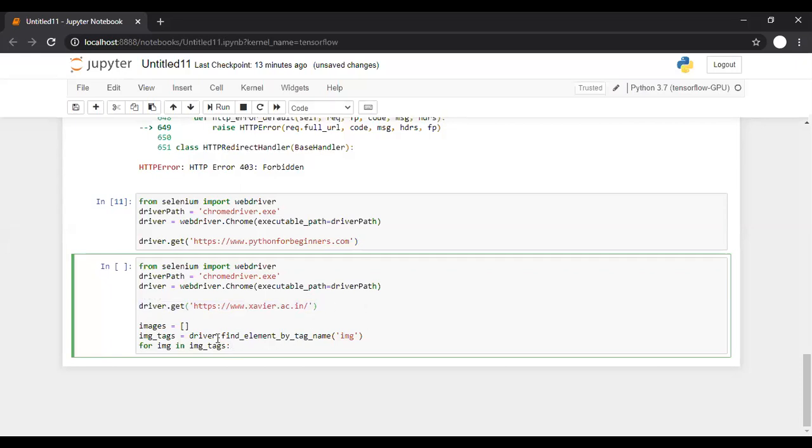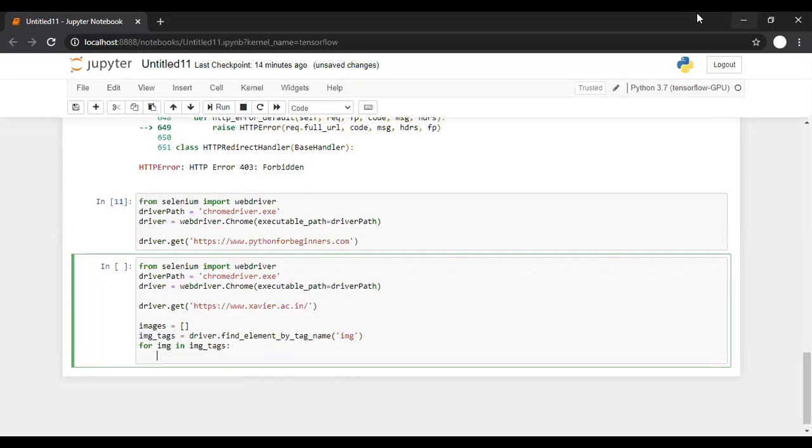Now when you say find element by tag name img, it will look for all the img tags in the page. There will be many img tags in our page, so this img_tags is not a single element. It's a list, an array which contains all the image tags present in our page.